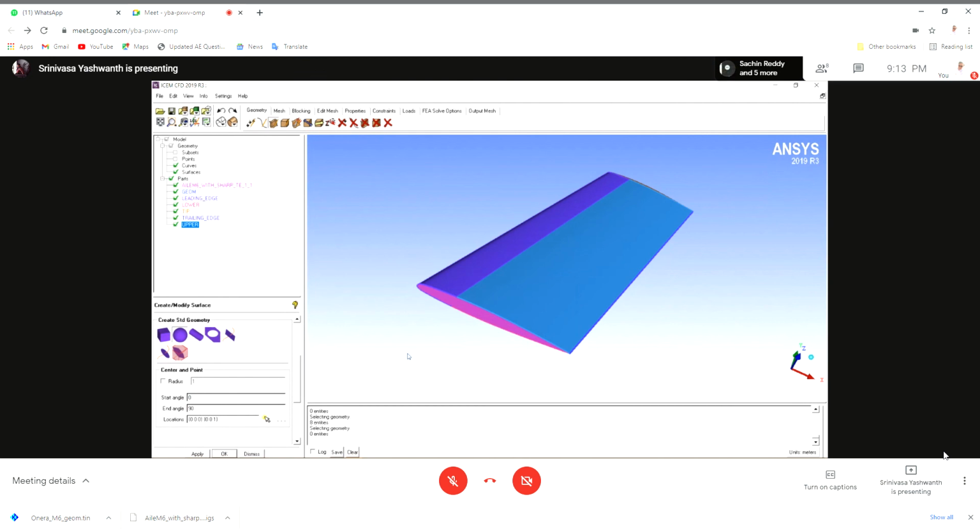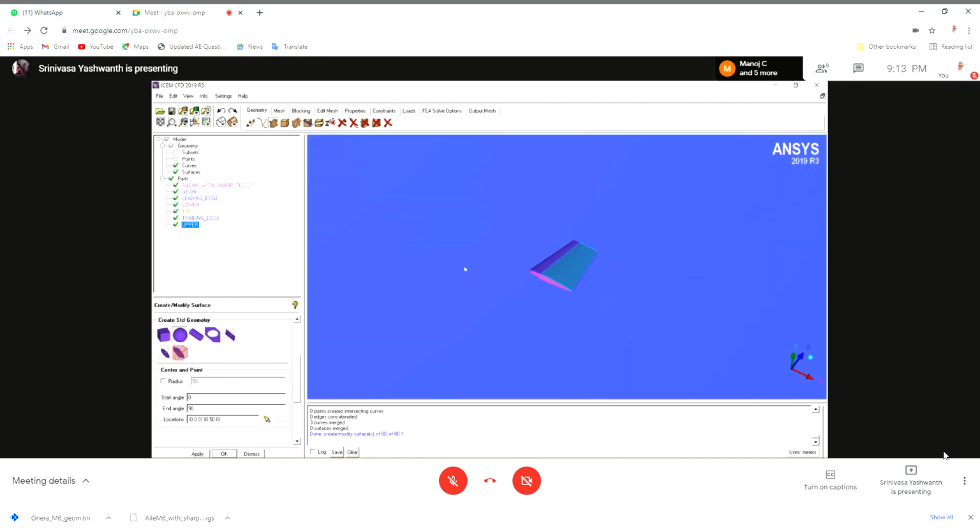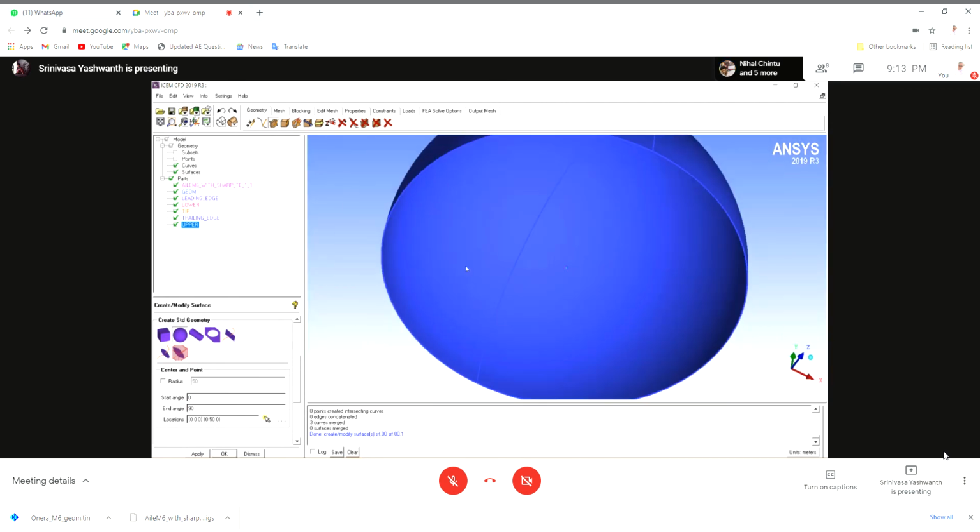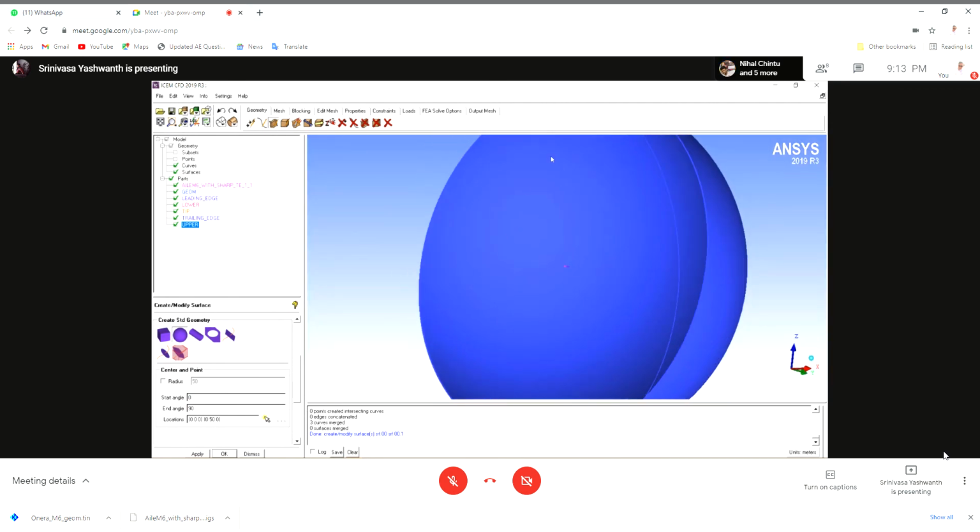The origin is 0, 0, 0, so this point will come right on the half of the leading edge, and we'll create a hemisphere of about, let's say, 50 meters. When we apply, we'll have a hemisphere like this.